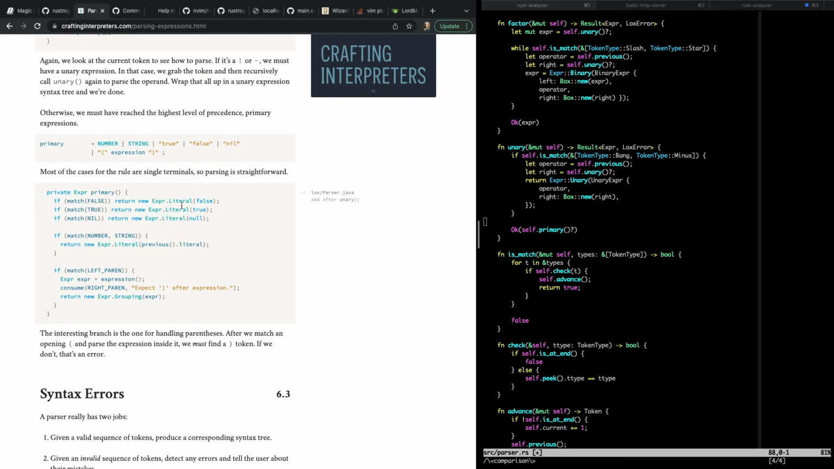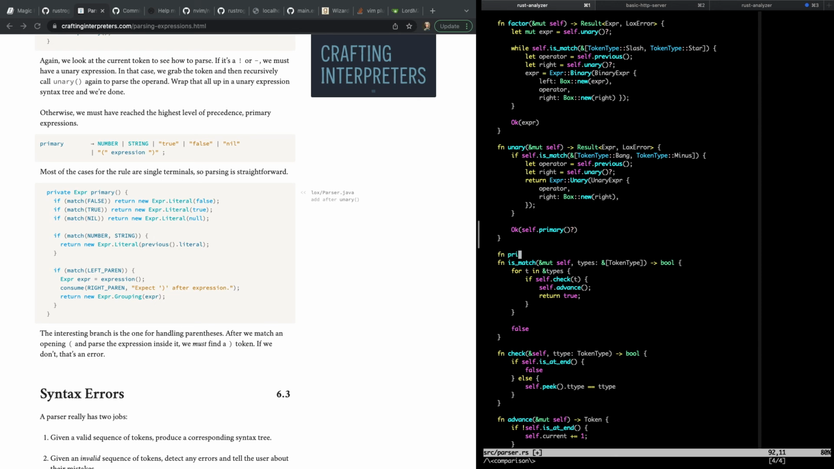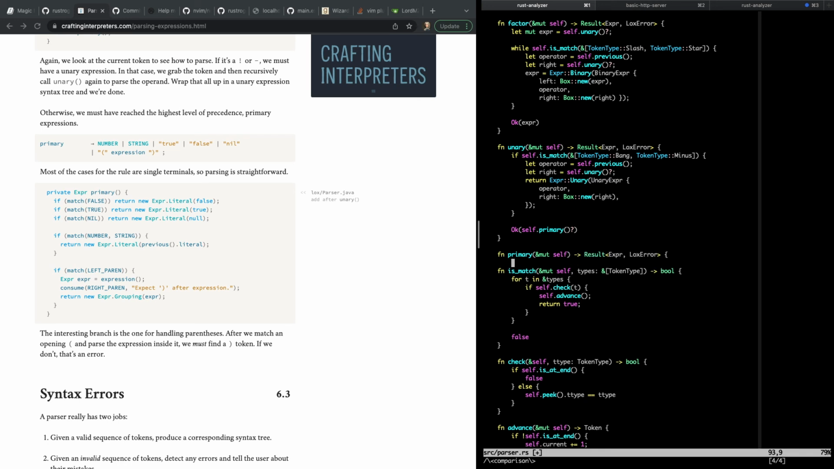All right, so what we need to do now is figure out this final expression here. Oops, it's going to be primary, which takes a mutable reference to self and returns the results. And now we're going to check these match. If self is match. I'm thinking if I should just write is single match just to avoid all this extra boilerplate around token type